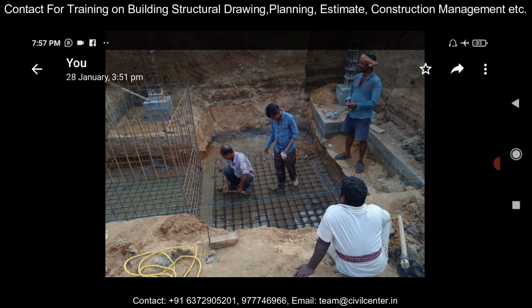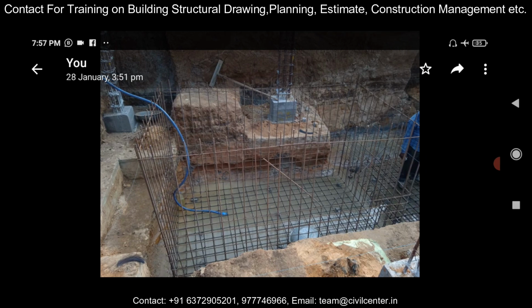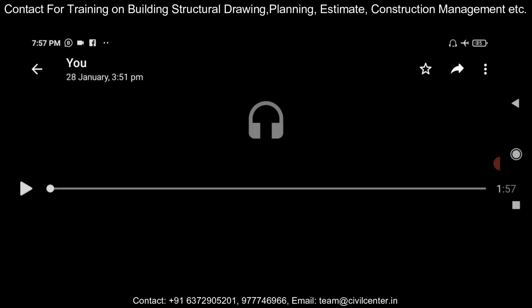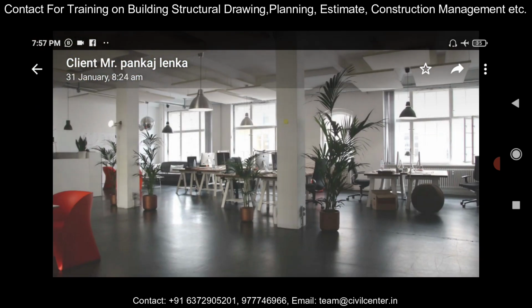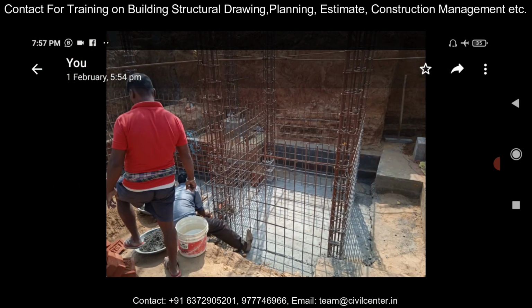As you can see, the remaining reinforcement binding is ongoing. This is the reinforcement binding for the lift. While doing the reinforcement binding of the lift, and also for the septic tank, this is the septic tank, and the right side is the lift portion. It is very important that you decide the depth of the septic tank beforehand, and while making the reinforcement arrangement of the lift, you should make sure that you know the depth of the lift pit.